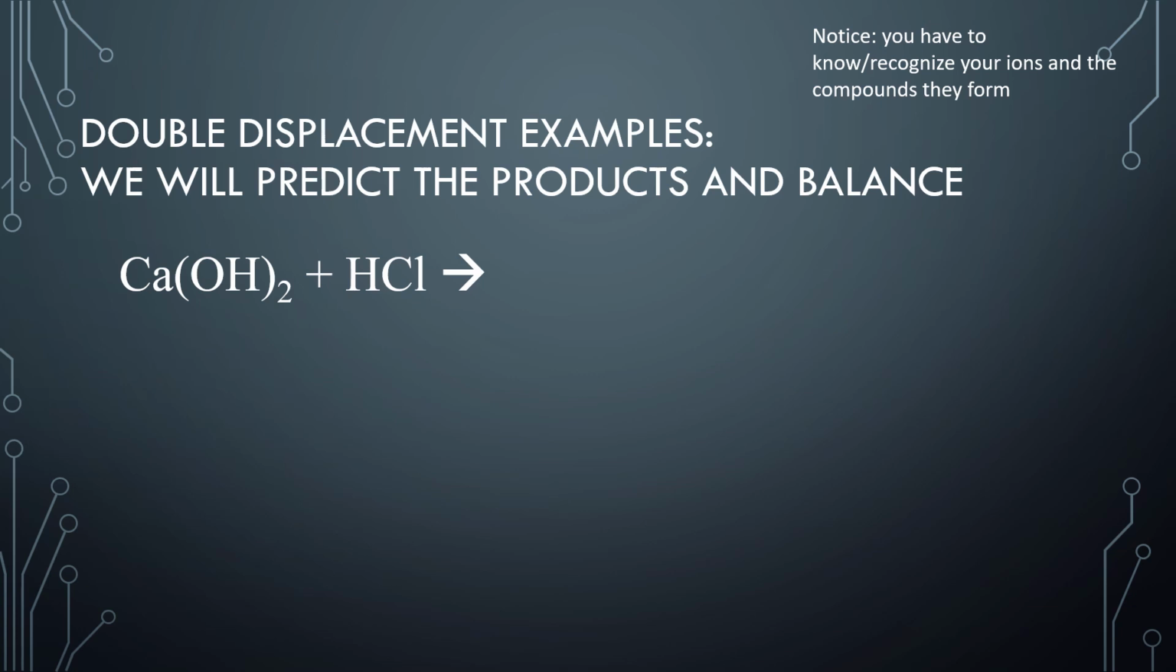So I have calcium 2 plus, OH is 1 minus, H plus, Cl is 1 minus. So I'm going to do this a little quickly because I need to do another slide of more. So calcium and chlorine are now going to bond together. So we end up with CaCl2